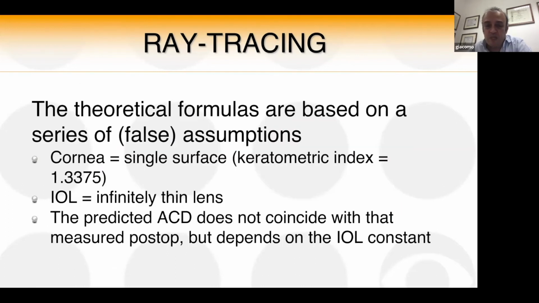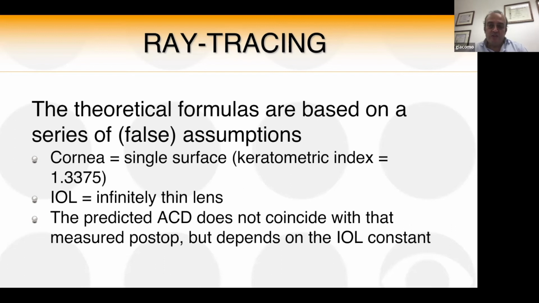So all theoretical formulas, including the Haigis, are based on a series of false assumptions. The first, they treat the cornea as a single surface, an infinitely thin lens. In fact, they are called thin lens formulas. And that's why we use the keratometric index. Also, the IOL is infinitely thin. And in addition, the predicted ACD does not coincide with the